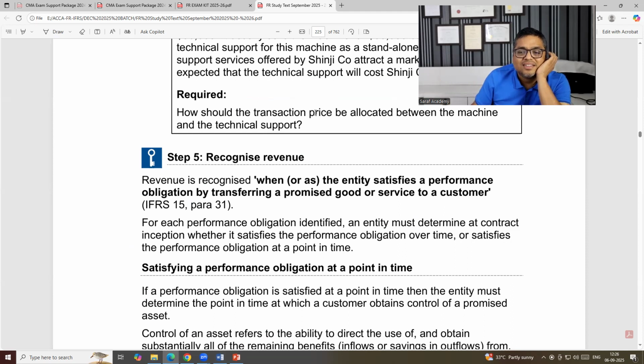So I'm trying to understand, is the answer going to be in the Excel or Word document? If the balance sheet or P&L account needs to be prepared, you will be preparing it in the exam in Excel. Excel will be your answer. Okay, so in the spreadsheet, Excel will be the answer.